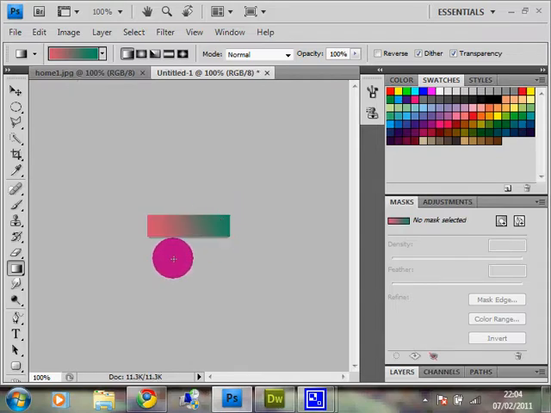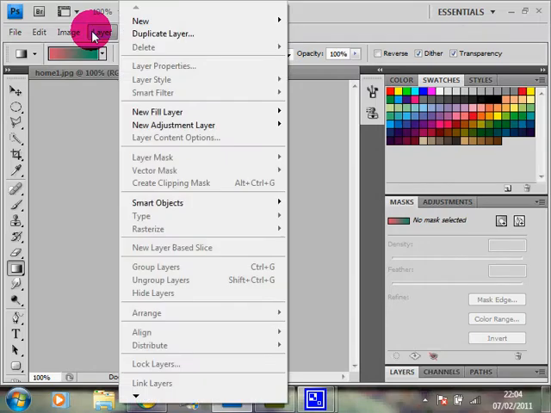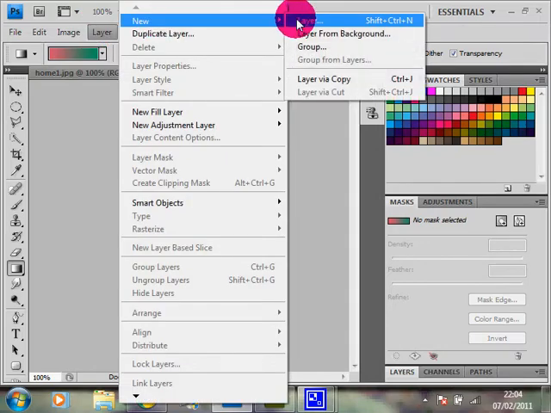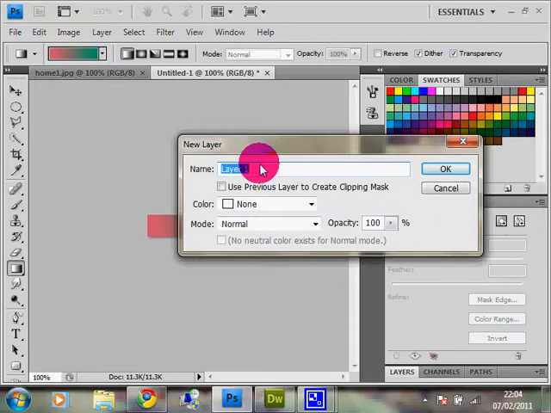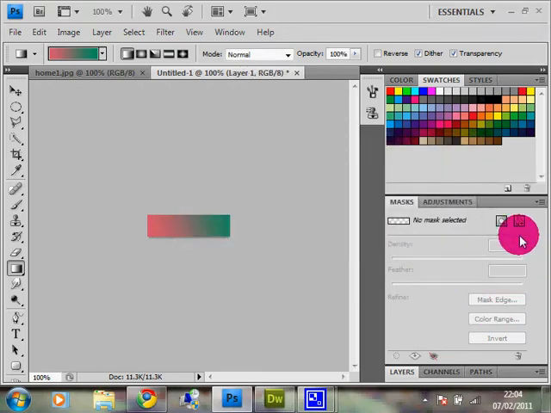As you can see, I have created a nice background color on my layer, but for the rollover I need two layers together. So I'm going to create one more layer. You can give it any name you wish. Here I have put Layer 1 because it's okay for me, so click OK.